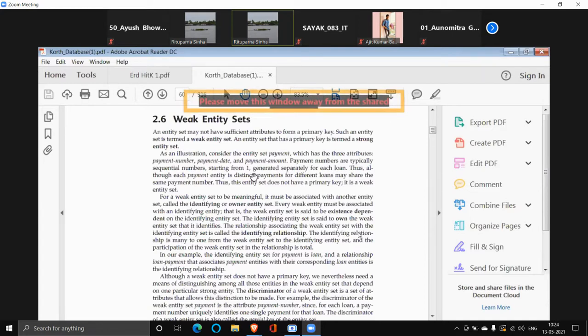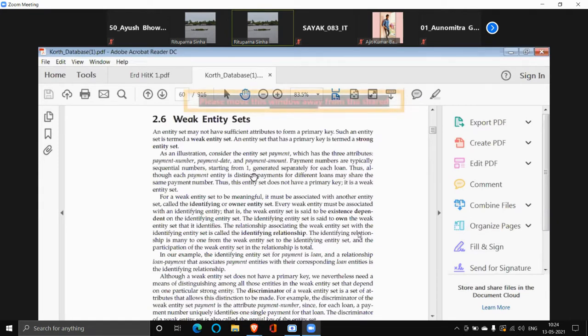The third person who has taken the loan also pays in 10 installments, so 10 payment numbers will be there. So how can I distinguish which payment number is whose payment number? It is always 1 to 10, again 1 to 10, again 1 to 10. So it is a duplicate value, isn't it? Until and unless I join with something.